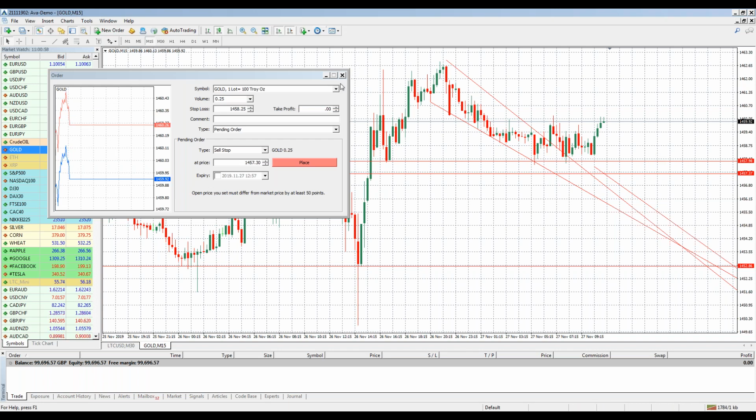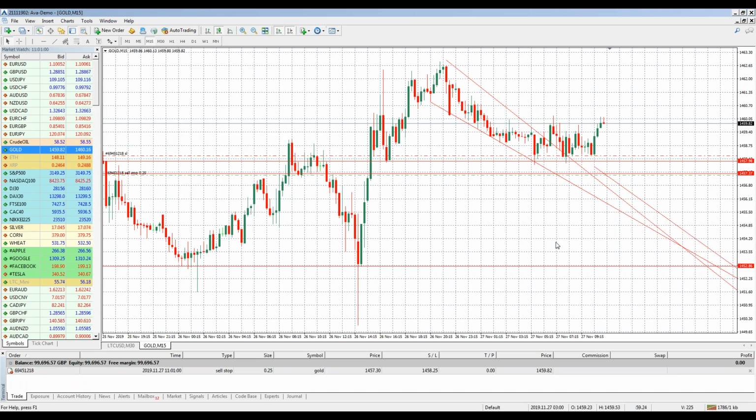Okay, and so if I place that order, there you see the green line here? That's my pending order. If the market drops and hits that mark, it'll sell. Okay, my stop loss is this dotted red line back up here. If it activates the sell and drops, great. If it activates my sell and then reverses back up, I take a small loss. My loss potential is from here to here. My profit potential is from my entry all the way down to wherever I put my take profit, which could be down around this next support level, let's say